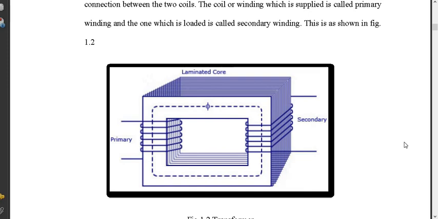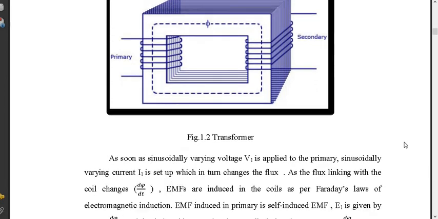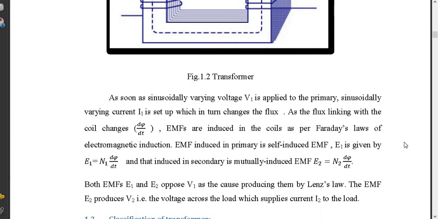So this is how a symbolic representation of a core and a transformer. You can see there is a core, and there are two windings, one is primary and another is secondary. Now if you see Faraday's laws of electromagnetic induction, I just discussed a few minutes before that